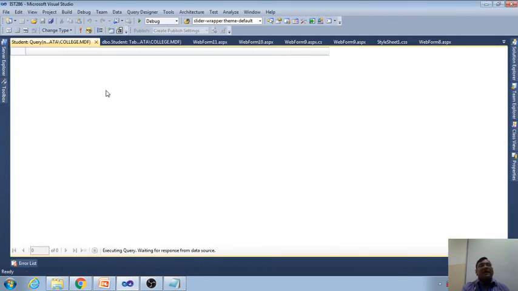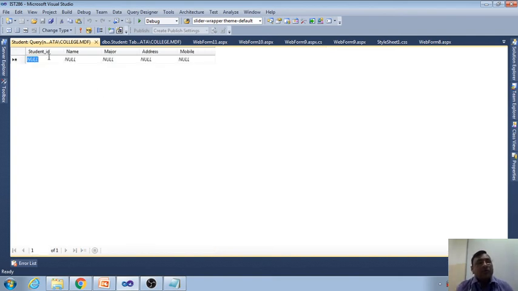Actually we will add our data to the database table from ASP.NET. So for example, ID 1, student name is Ahmad, major is MIS, address is SEEB, and this is their mobile number. If you see here, you will find there is a red symbol. It means your data is not saved. It is there in the table, but it is not saved. So just click outside somewhere. See, now the red symbol is gone. Our data is available in that table.